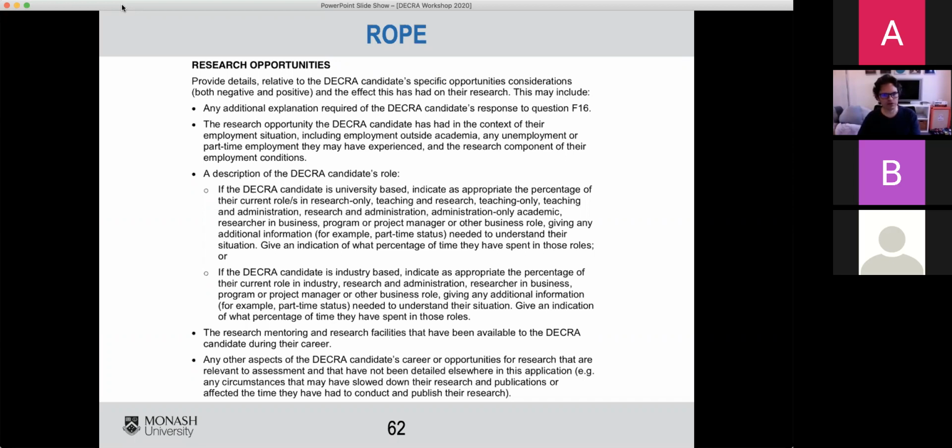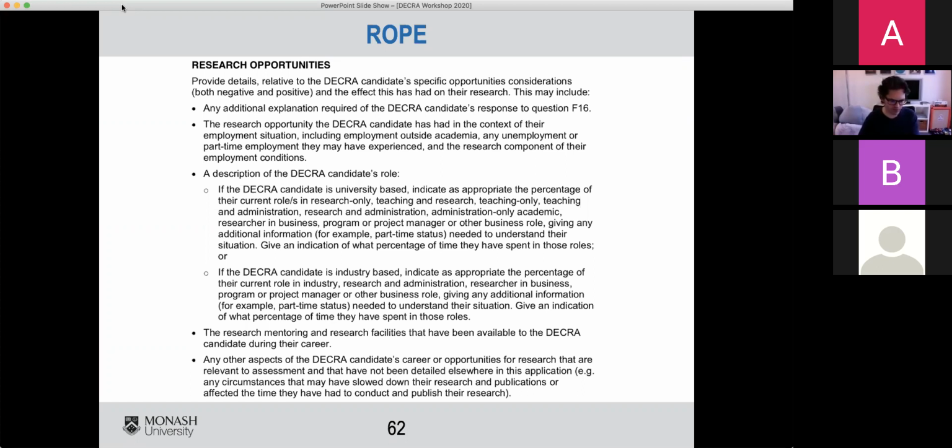Remember that your application is going to be reviewed by academics, mostly teaching and research academics. If you say that your mentoring opportunities have been poor because your supervisor did a lot of teaching and therefore had no time for you, that's not necessarily going to paint your achievements in the best light.